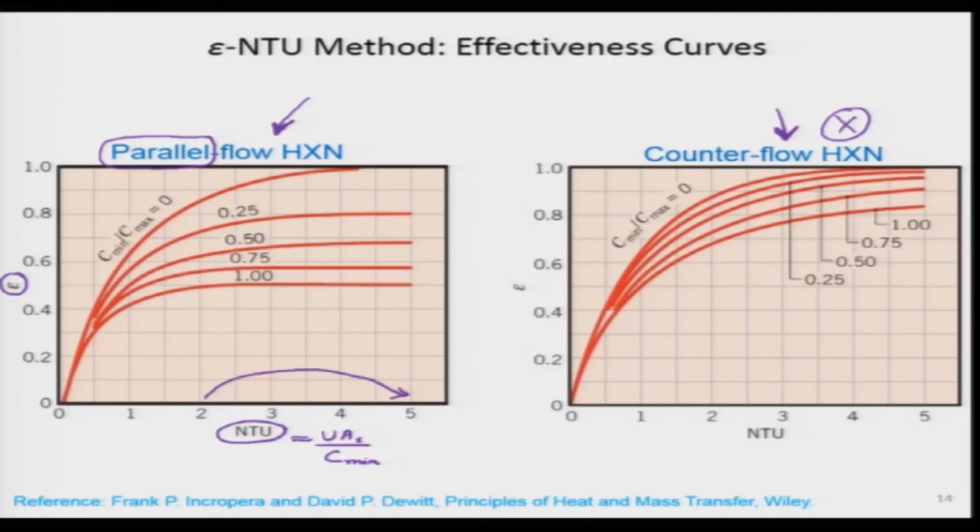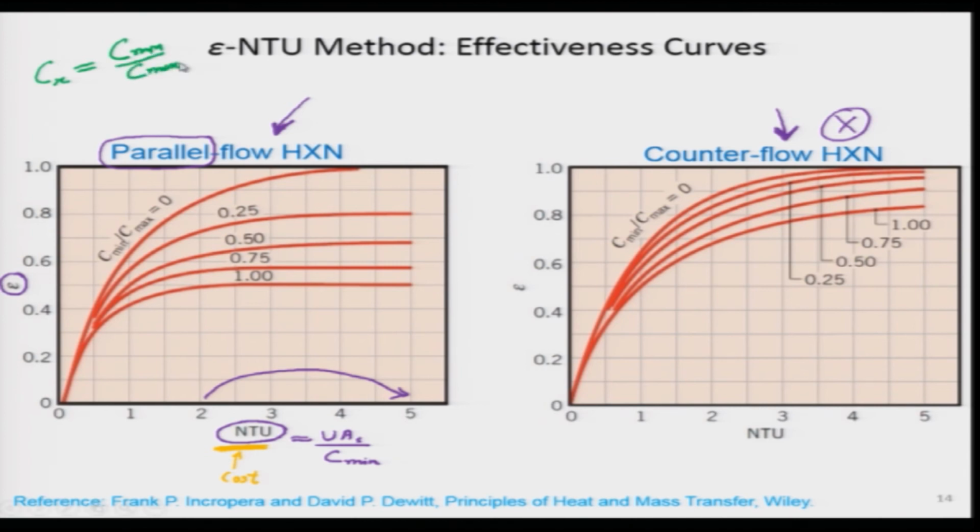For domestic use we cannot use it, which means this is how we have understood the significance of NTU, it is very significant. In other terms it is directly related to the cost. Effectiveness of course is very simple, we want to aim for as high effectiveness as possible. What is this ratio C min by C max? This is essentially our value of CR. You remember we have written capital CR was C min by C max.